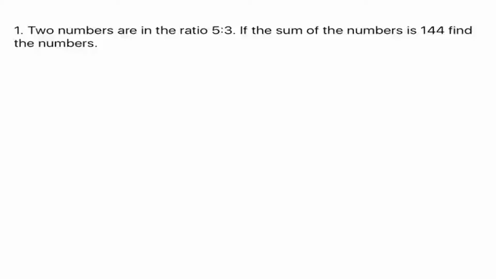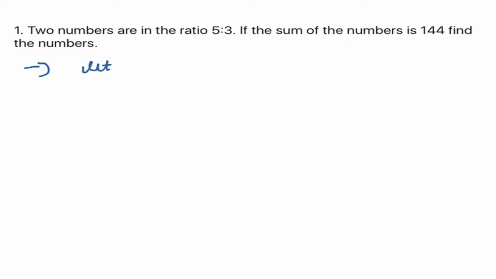So let's start by solving some word problems. Our first question is, two numbers are in the ratio 5:3, and the sum of the two numbers is given as 144, and we have to find the numbers. So they have given the numbers in the ratio, so we can consider it like,